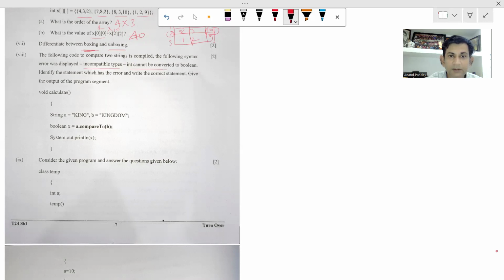Incompatible type: int can't be converted to boolean. The question says to identify the statement which has the error. This is the statement in which the code has the error. So you have to write the statement which has the error, and it can